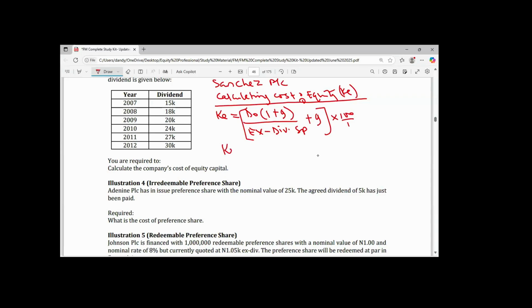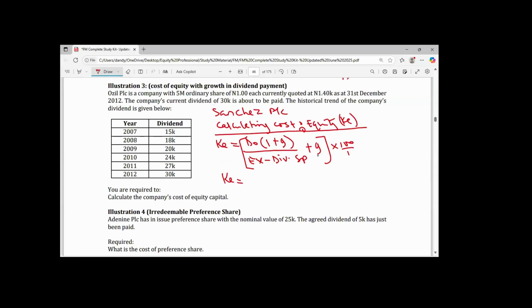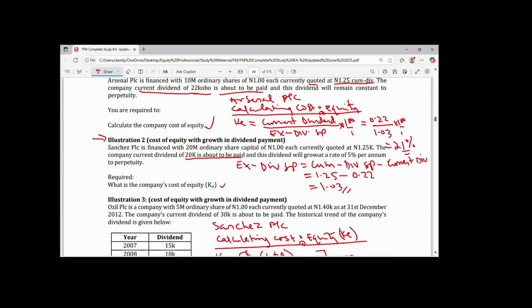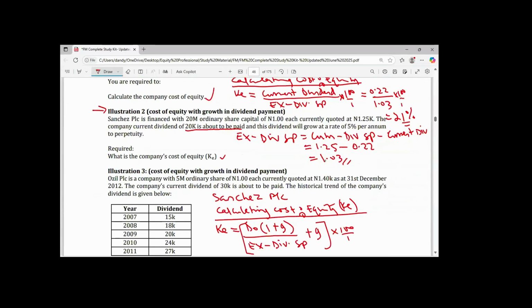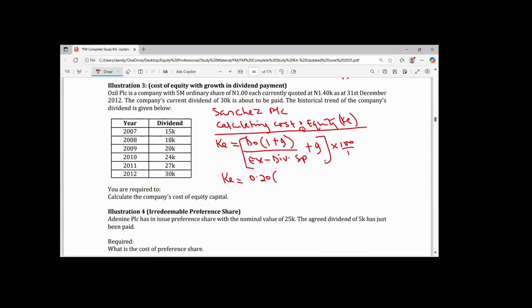The beauty about this question is that the examiner has given us growth rates. Therefore, I will go back. D0 is the current dividend. According to the question, we are given a current dividend of how much? 20 kobo. The current dividend of 20 kobo is about to be paid. Therefore, D0 is 0.20 multiplied by the growth rate of 5% per annum. Therefore, 1 plus 5% will give us 1.05, divided by